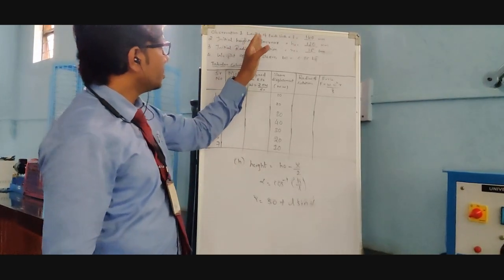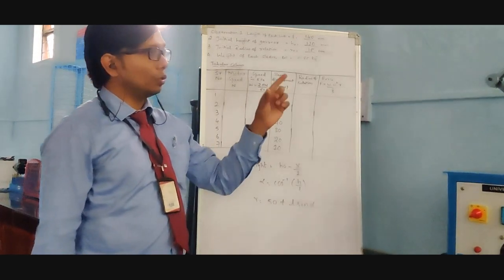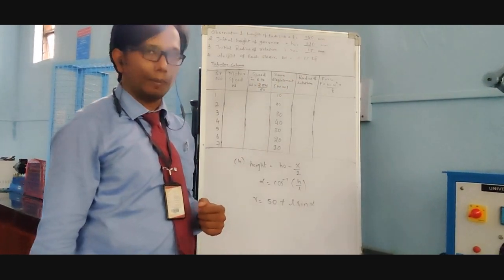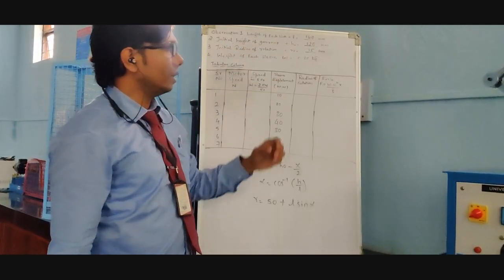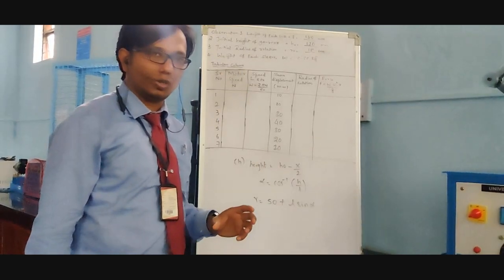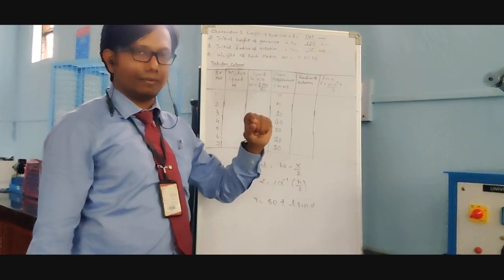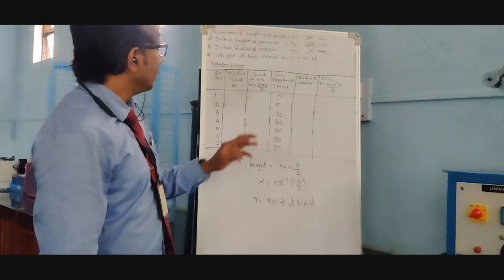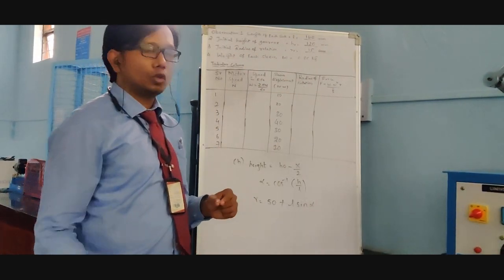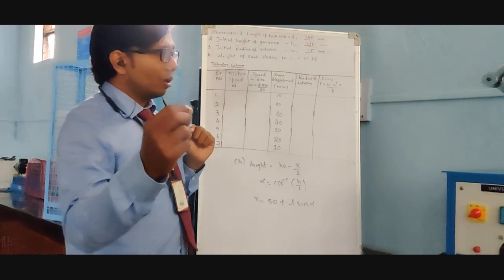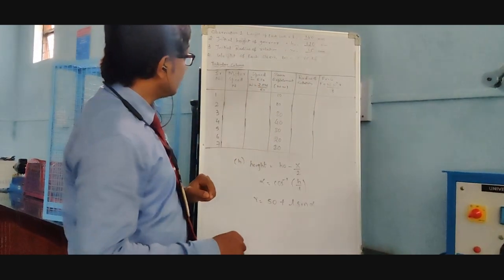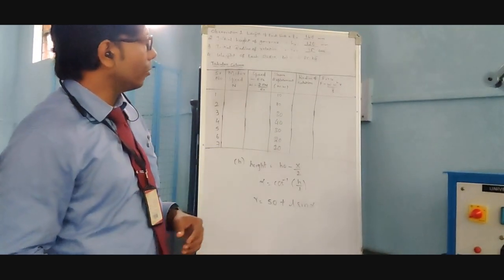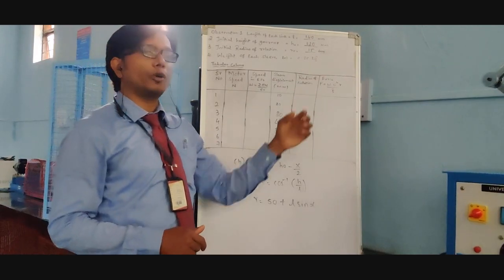The first observation is the length of each link. I have shown you there are 4 links. When we measure the length of each link, it is 140 mm. Then comes the initial height of the governor. When it is in the off position, what is the distance from the end of the sleeve to the end of the shaft, we will be seeing that. Then the initial radius of rotation. Between each end of the ball, we will calculate the distance, and then we will see the weight of the sleeve. The weight of the sleeve is already given, it is 0.85 kg.